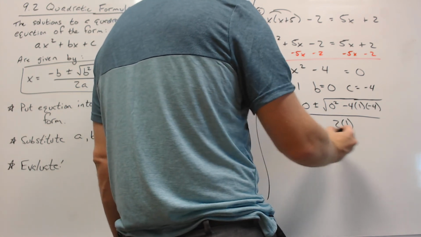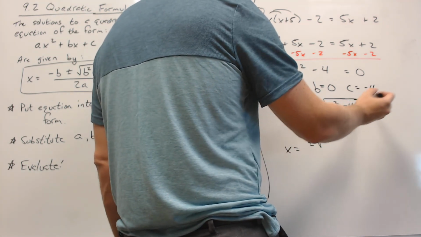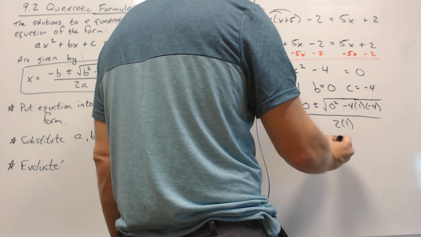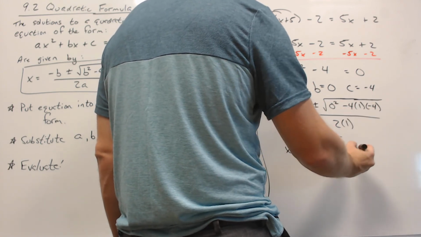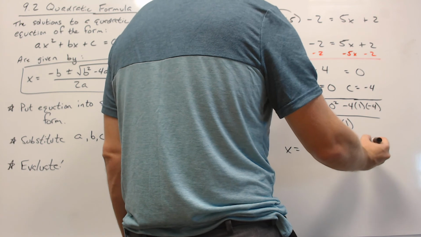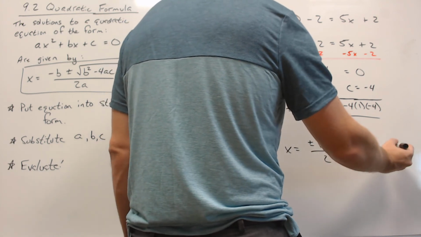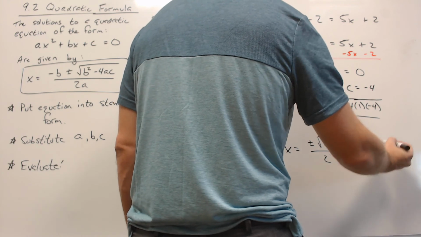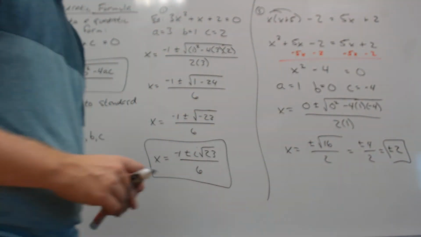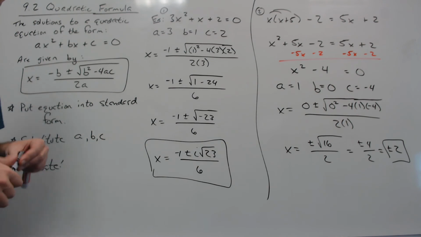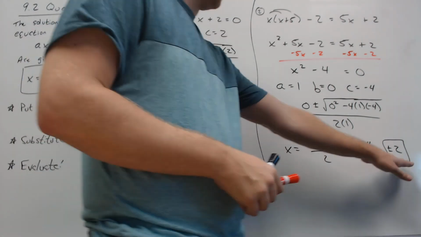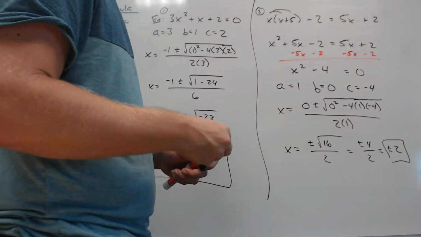And that would be the square root of -4 times -4 is 16 over 2, which is going to be plus or minus 4 over 2, and that's going to be plus or minus 2. Right? So it worked out nicely. We got 2 very clean answers of plus or minus 2, which would have been the same thing,